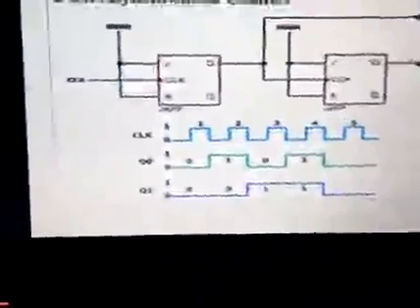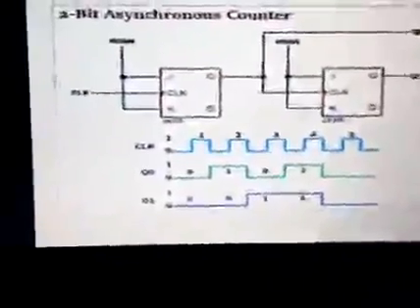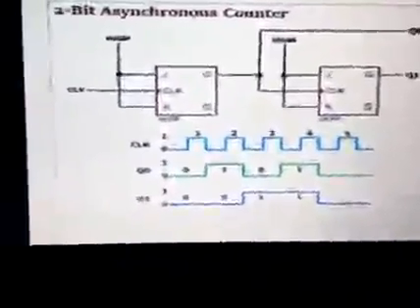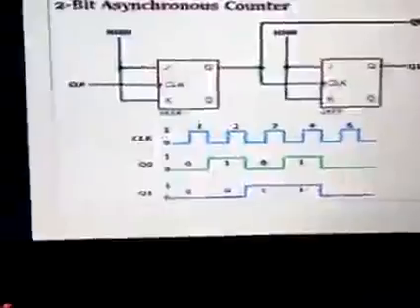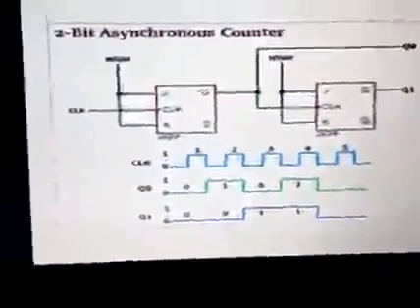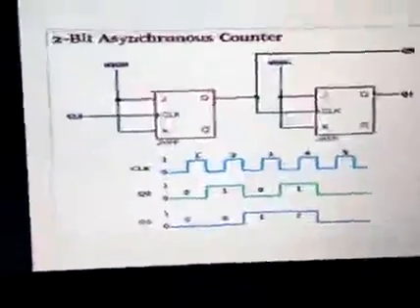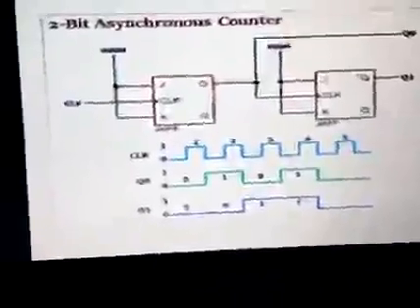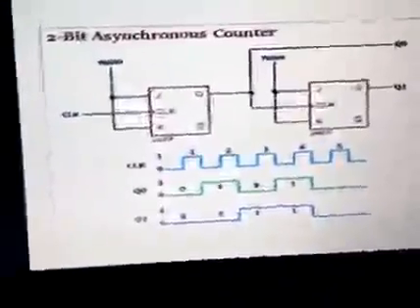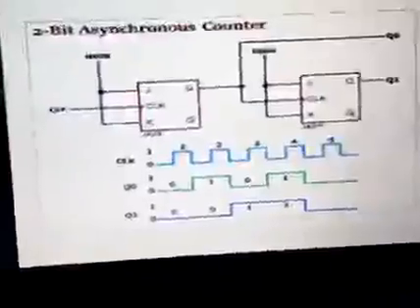The next is the third negative edge trigger. On the arrival of the negative edge of the clock, flip-flop 1 toggles again and QA becomes 1 from 0. Since this is a positive going change, flip-flop 2 does not respond to it and remains inactive, so its output does not change. It continues to be 1, and at this stage the output is 1 and 1.